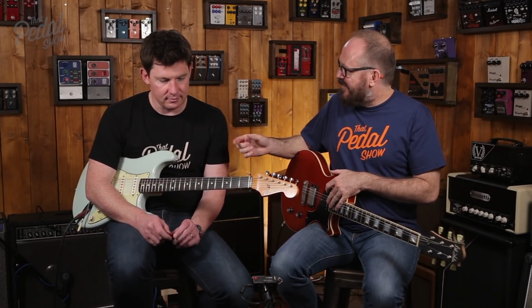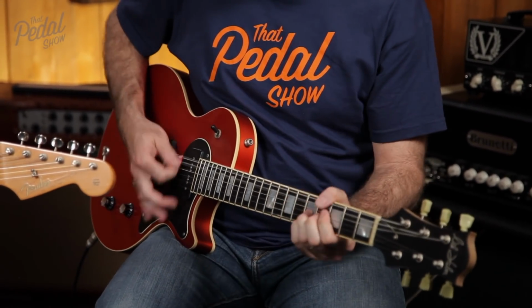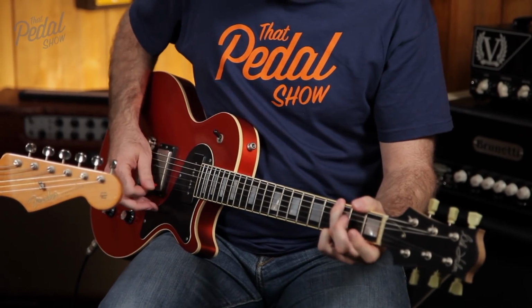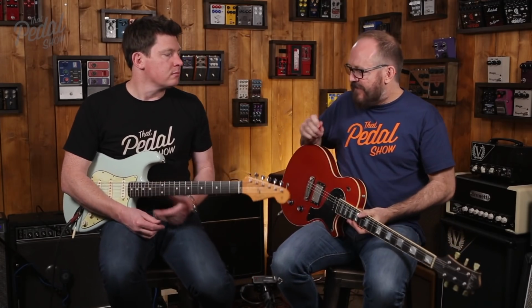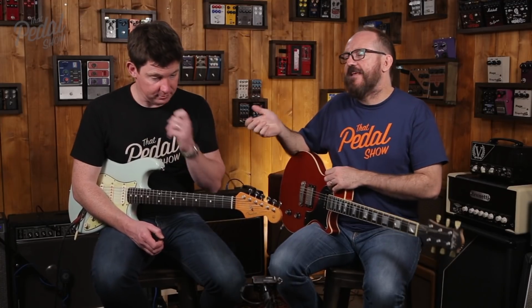So the overdrive pedal is in a way acting like the compressor, but as I dig in, it breaks up a little bit. So still a bit of drive in there. Yeah, definitely. But as a clean sound,